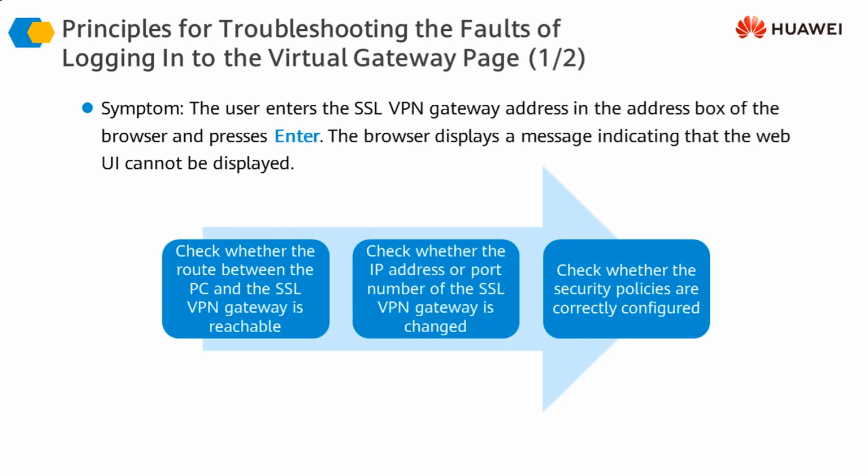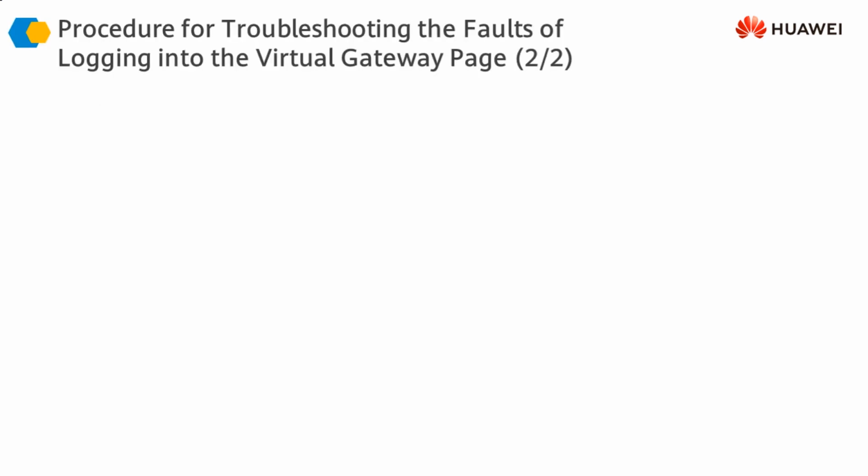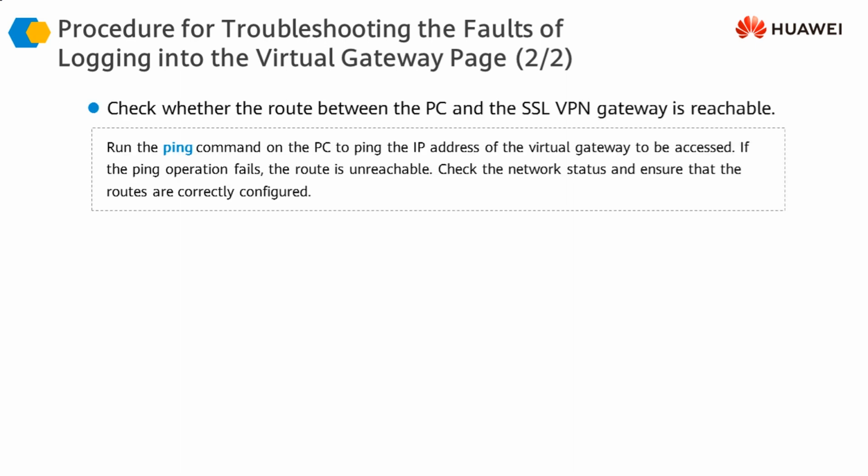The obvious issues could be in the accessibility or reachability, which means that either the server or the gateway is not reachable, which means that there is a problem with the IP routing, or there could be an issue with the IP address configuration on the server side, or there could be an issue with the policy configuration on the server side. So depending upon any of these situations, we should first of all do a ping test. We can ping the server and see whether the reachability is available or not, whether we can reach the SSL VPN gateway or not.